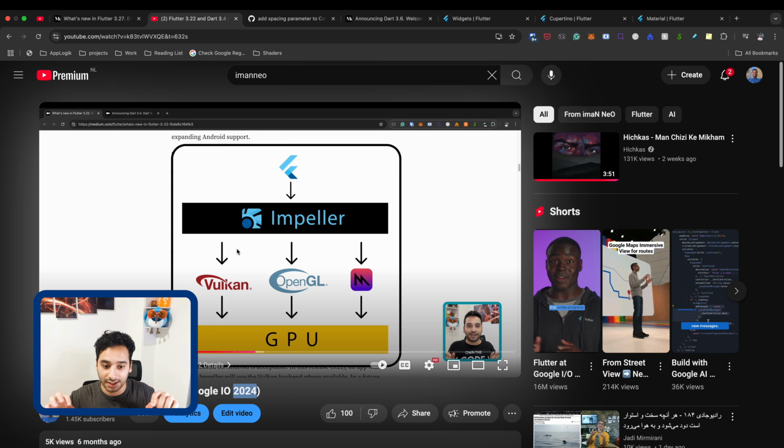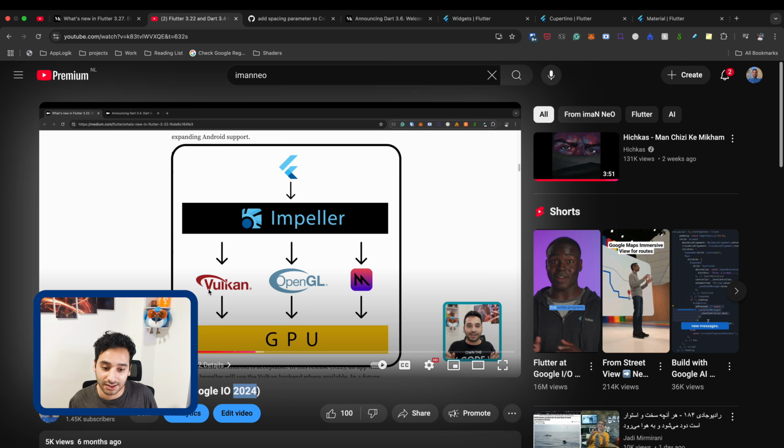So we have Impeller that is a wrapper around different graphical interfaces. And the point is that now it is replaced for iOS, because in iOS we don't have many types of different devices, but in Android we have a lot of different manufacturers and brands that develop their phone and their GPU, and that's why in Android it's more challenging to replace Skia with Impeller.